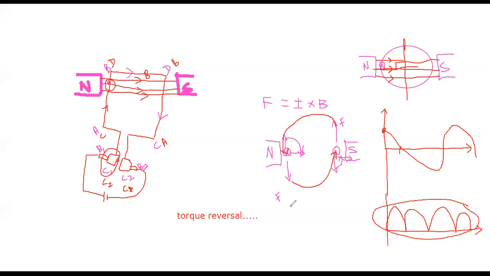So I will conclude this section. Today's class we discussed the construction of the machine, that is a DC generator, and the basic functions of the DC commutator, that is the commutator segments, right? In the coming classes, we are going to discuss the working principle and how the EMF is induced, right?